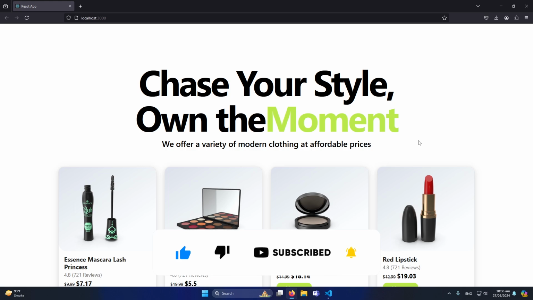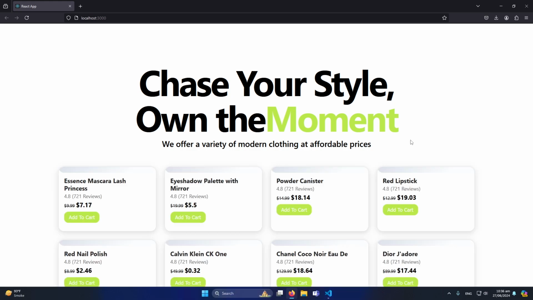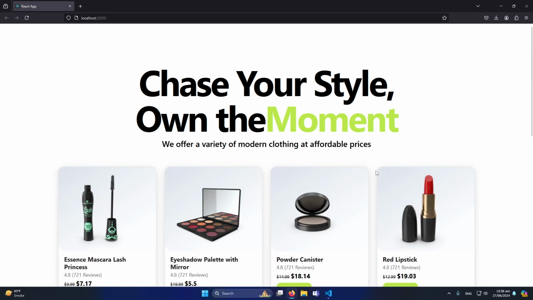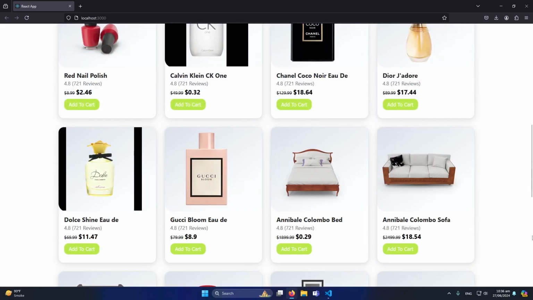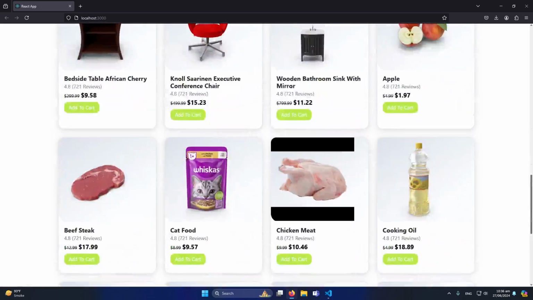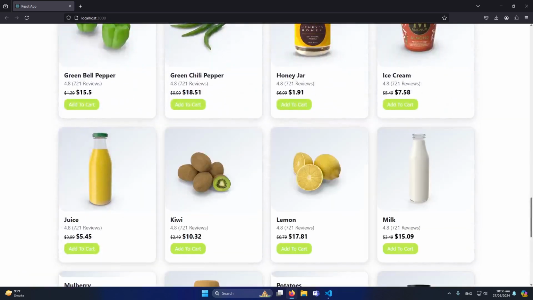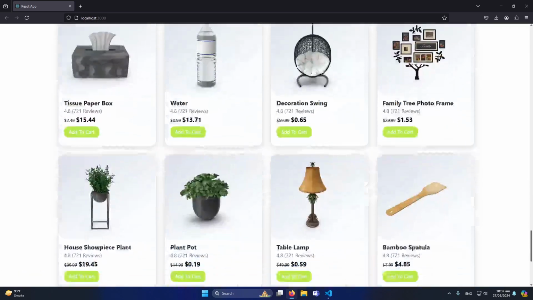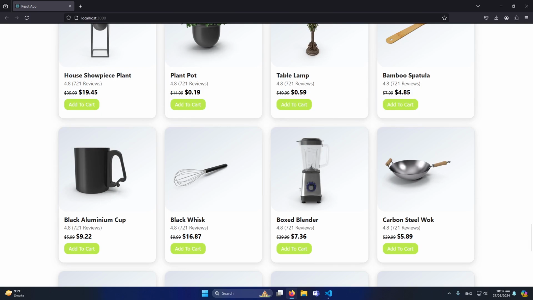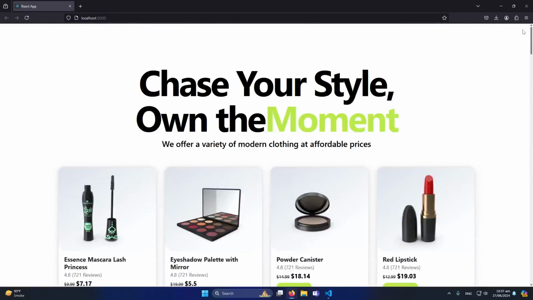So first of all, let me show you what we are going to create. On the page refresh, 10 products will be loaded from the server, and whenever the user scrolls down, more and more items will be loaded. You can load as many items as you want, but the next items will only be loaded once the user scrolls down. So we will use the browser intersection observer API, and we will fetch data from a REST